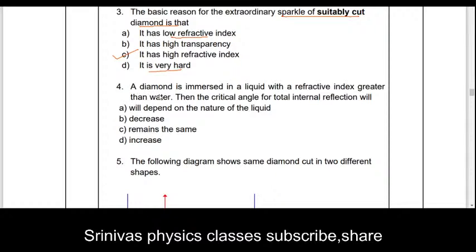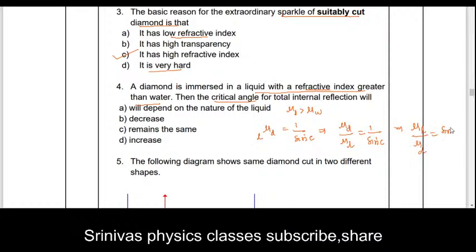fourth question is: a diamond is immersed in a liquid with refractive index greater than water. Okay, liquid refractive index is greater than water refractive index. Diamond is dipped in the liquid. What happens to critical angle? We know the refractive index of diamond with respect to liquid, formula 1 by sin C. Then from this, refractive index of diamond by refractive index of liquid is equal to 1 by sin C we write. And from this, refractive index of liquid by refractive index of diamond we